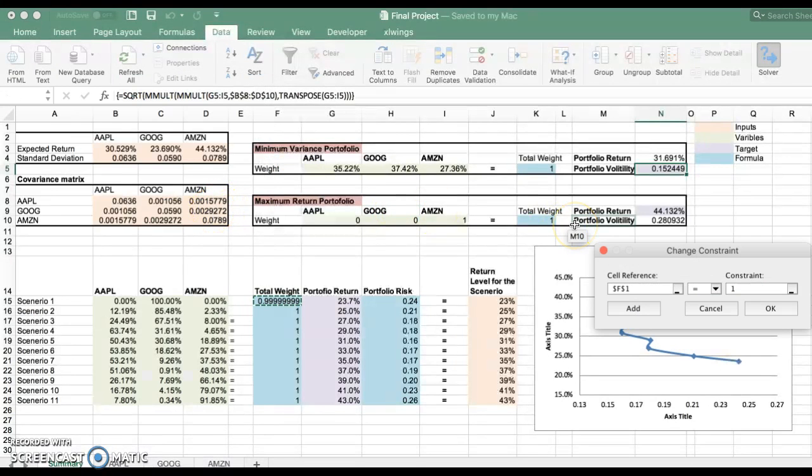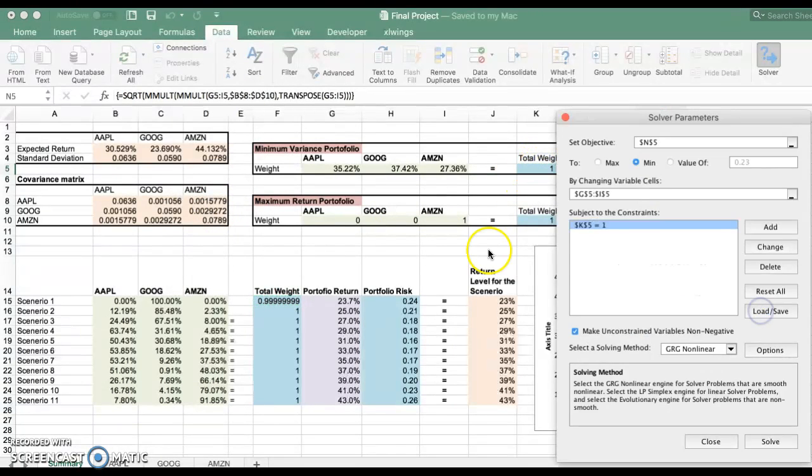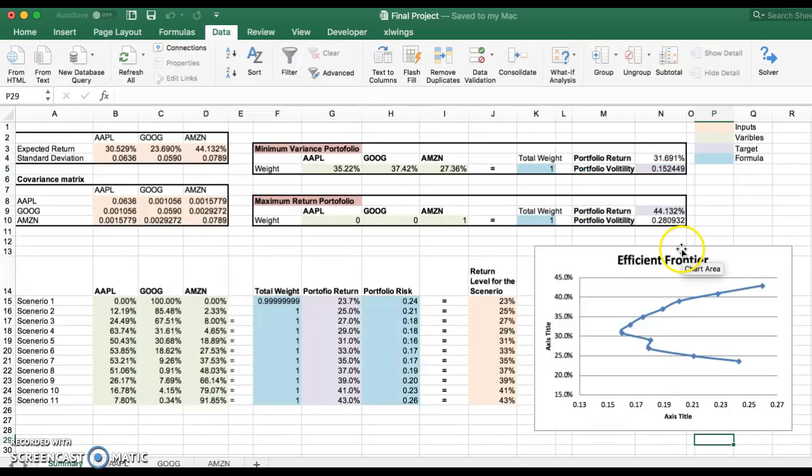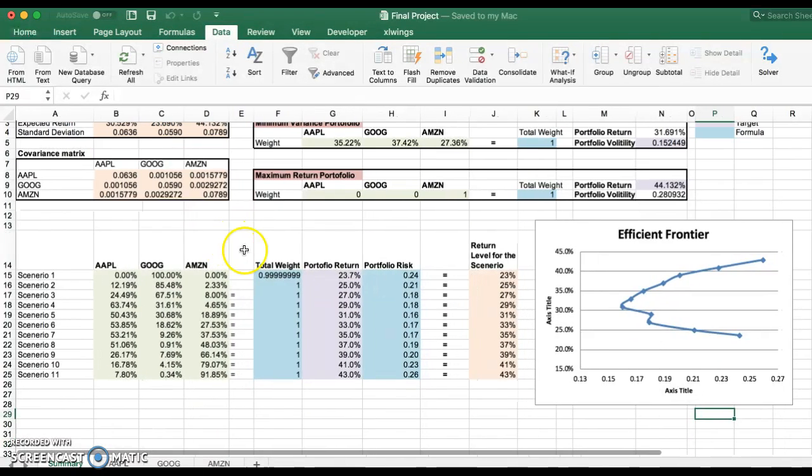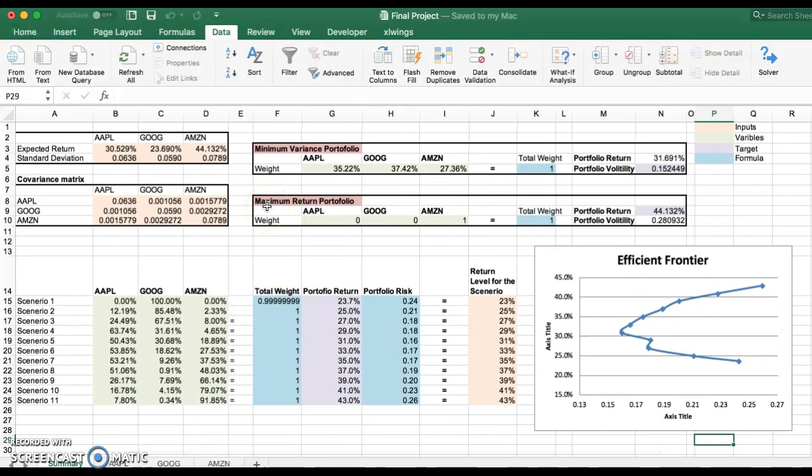The only constraint is that the total weight here should equal 1. Then click on Solve and you will get the result here. Because I already calculated it, I'm not going to click on it again because it takes a long time to calculate. You can do the same thing to calculate the maximum return portfolio here. So now we have finished the minimum variance portfolio. Now we move on to construct the